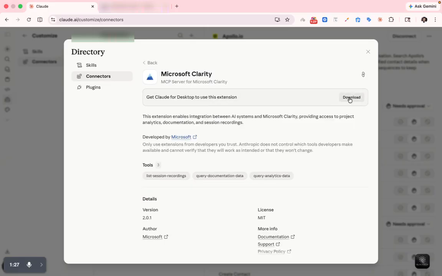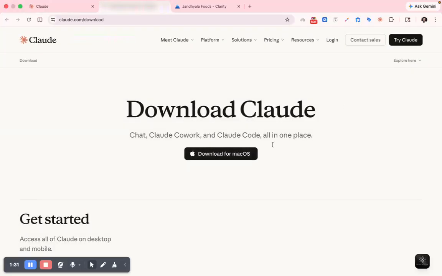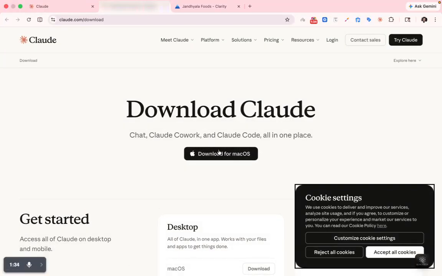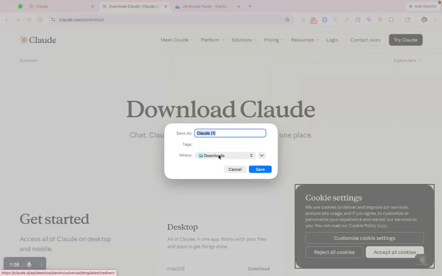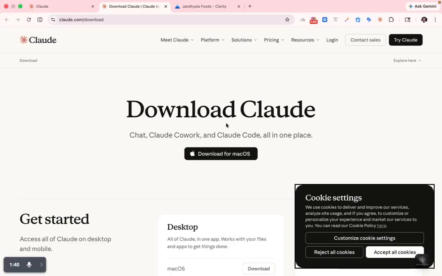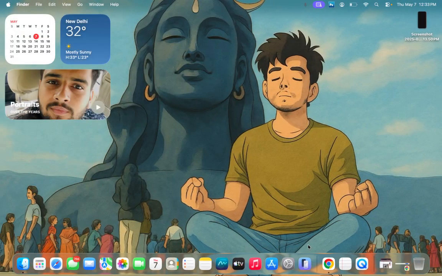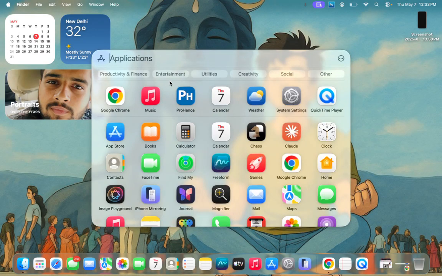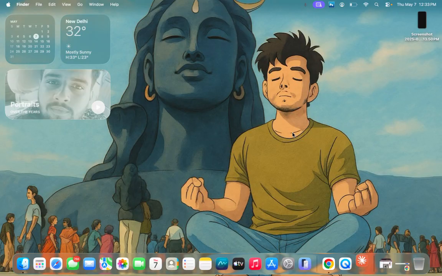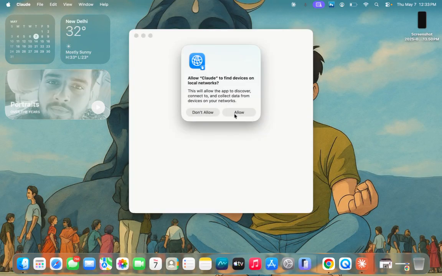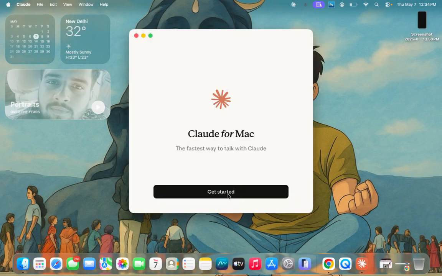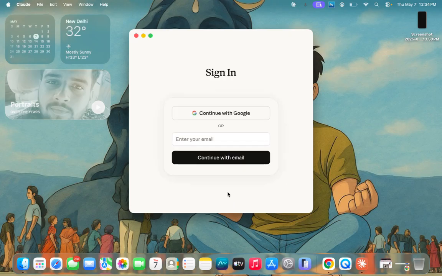Once you click on it, it will ask you to download this. I'm clicking on download. This is already on my system. Let me just download from Microsoft. Clicking on this, it is showing me to download this. Once you download this and complete the download and installation process, then click on Claude. You will open your Claude here. It's almost the same as the way we were using Claude on the website.